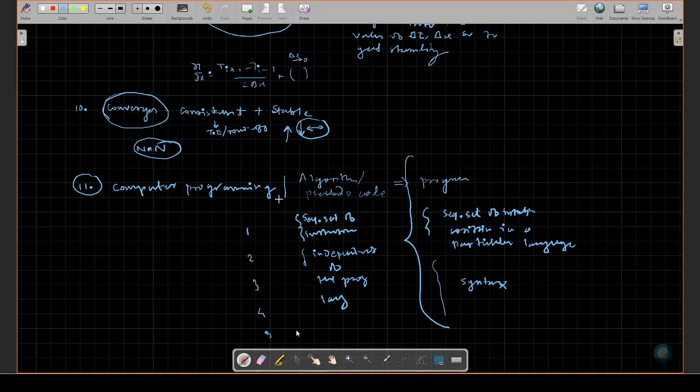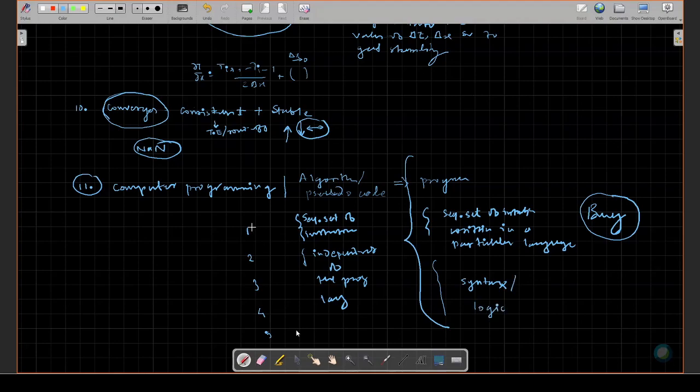If you do not know these steps correctly, you are going to convert these steps wrongly into a program, and your program will not run and it will not give you any solution. So there will be something like a bug. You must have heard this word bug. So either that bug may be due to a syntax error or maybe your logic error. It can be syntax or it can be logic.